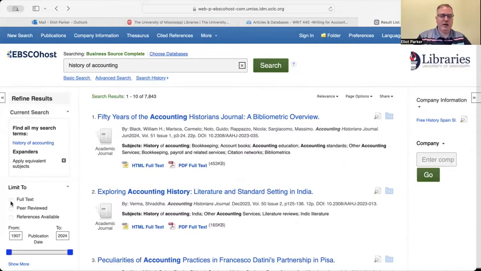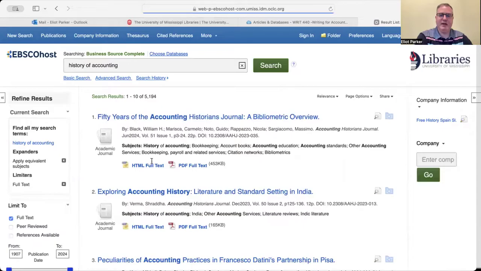So only articles that have full text. You just click the full text button and it's going to update that for you. And you'll notice up here at the top, we went from 7,100 and some down to 5,194. So you can sort of limit this a little bit and restrict this a little bit to narrow down